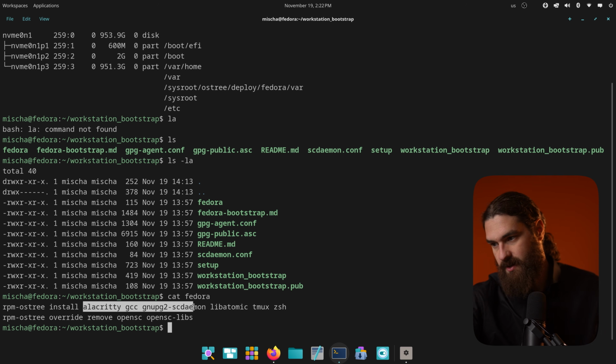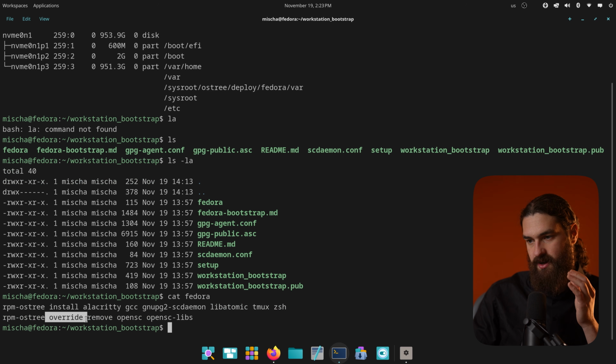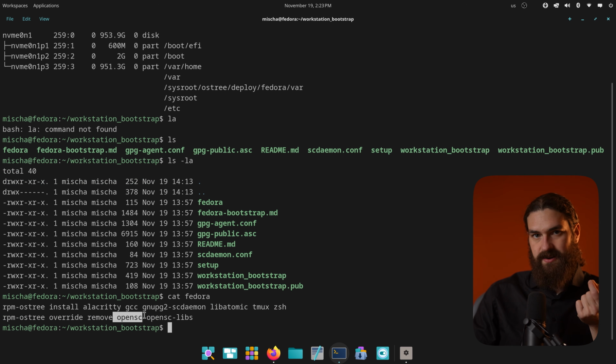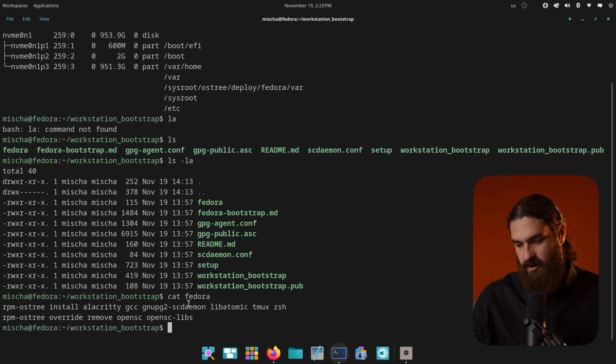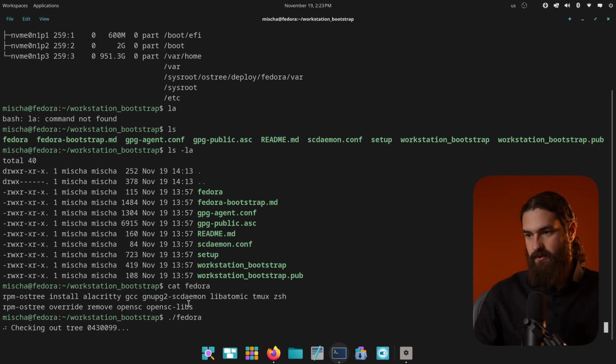And libatomic is something that I need for that to work as well. And then of course I need tmux and zshell. And there's also something I'm doing: I need to remove OpenSC, which is a smart card daemon, and OpenSC libs. And this all has to do with getting the YubiKey to work. So first I'm just going to run that Fedora file so that it's going to install